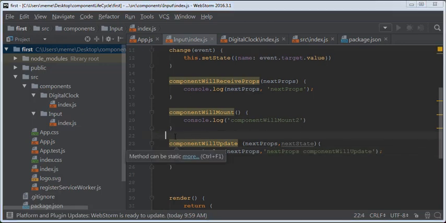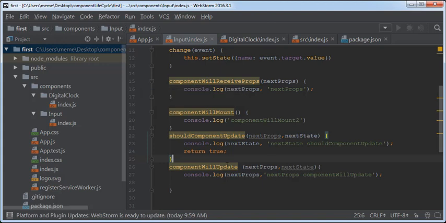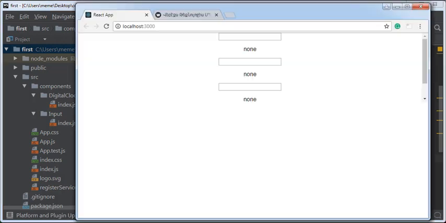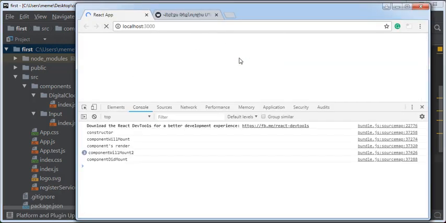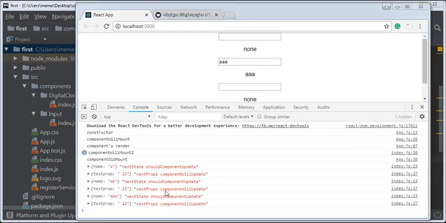Okay, now let me reinsert the shouldComponentUpdate because I deleted it by mistake. Okay, so now let's reload our page and see what's happening. Now here you can see that the shouldComponentUpdate and the componentWillUpdate work immediately when